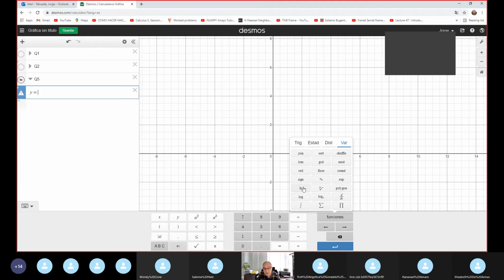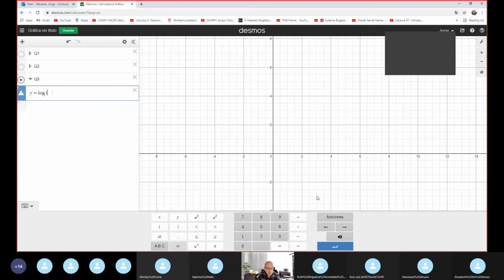This is a standard, ln, log, but this is arbitrary, non-standard, que unfortunately some calculators have, pero not all calculators have. Pero bueno, Desmos is fantastic, and you put it here, and you put the base 2